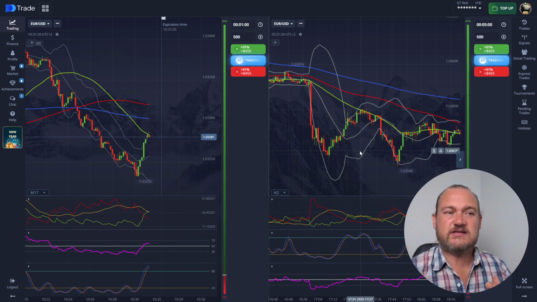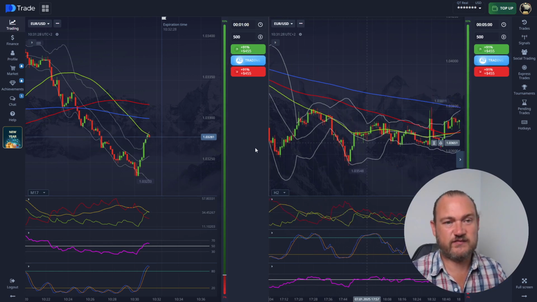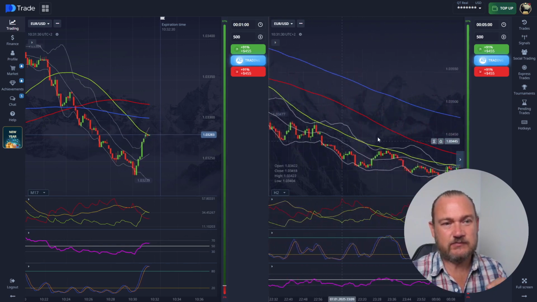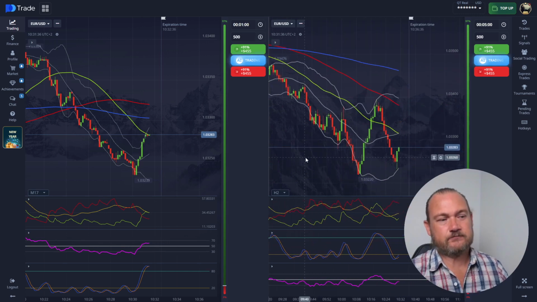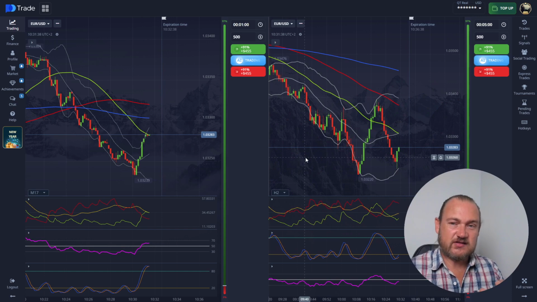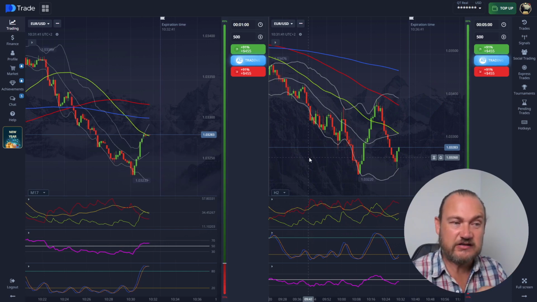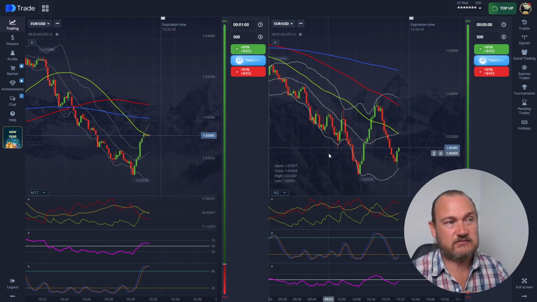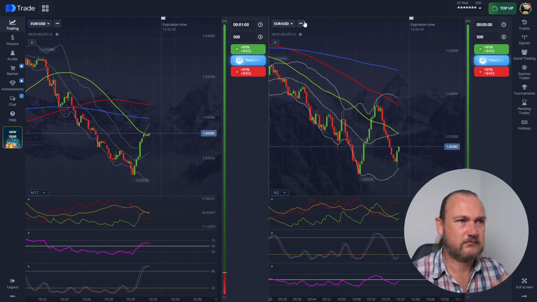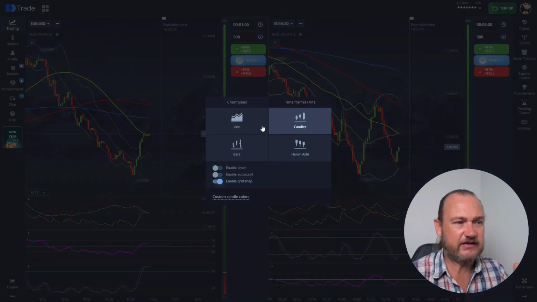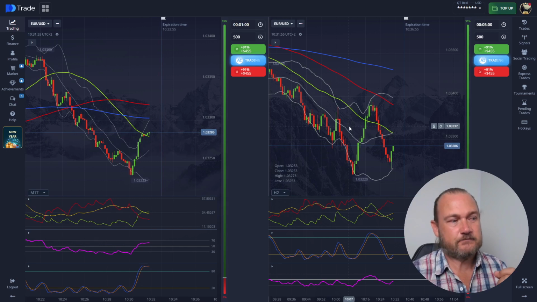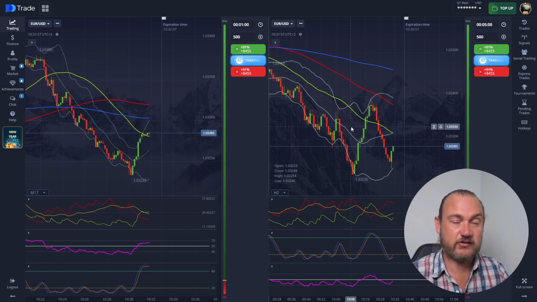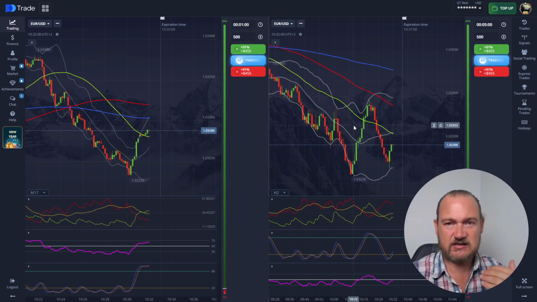You won't get a lot of entries using this strategy throughout the course of the day, but that's the main reason the Bollinger Bands are on my chart. If I do see this setup occur, I don't even think twice. I simply take my trade. It's a very profitable strategy. You will see that it has a very decent win rate, but like I said, it does not happen often. So you're not going to get a lot of entries throughout the course of the day, but it's great as an auxiliary